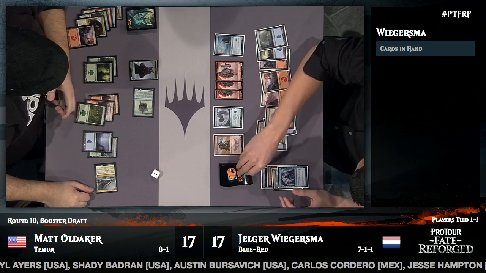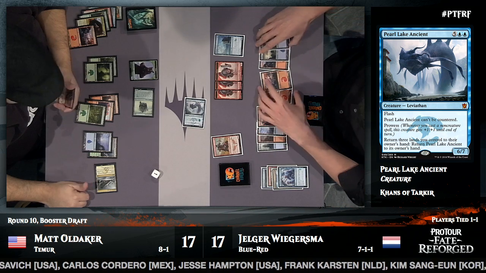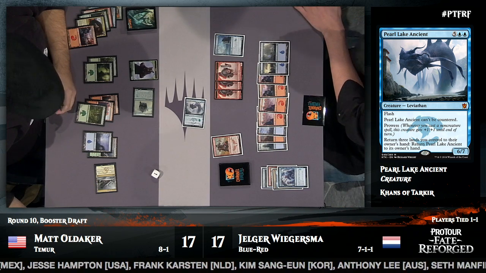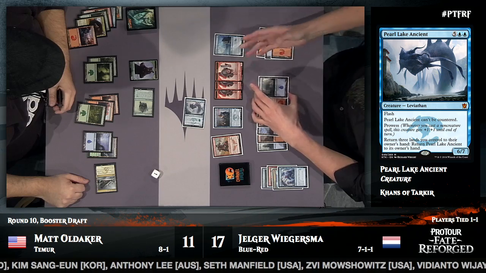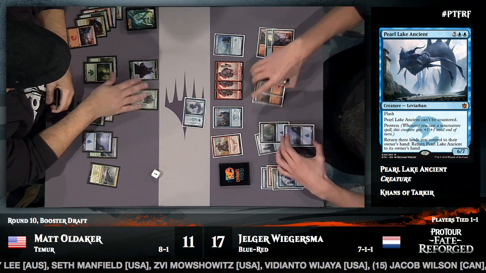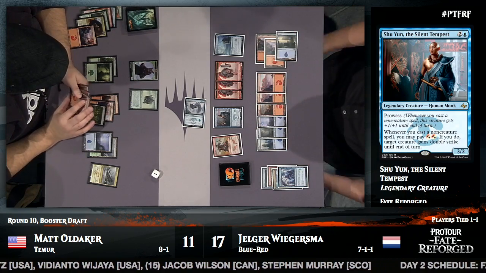Card is nearly impossible to kill. And it's almost gigantic, bigger than anything. Yeah, and he's going to be able to start doing big chunks of damage. Interestingly, Oldeker does have a potential double block down the line here. Oh, geez, Shu Yun off the top, too. Well, rare into rare. Pearl Lake Ancient, mythic rare, right into Shu Yun, the Silent Tempest,